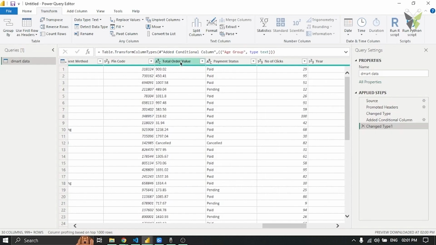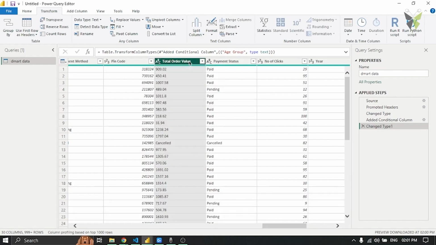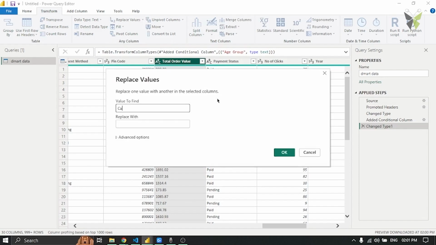We can select this total order value as our next column to data engineer. As you can see, total order value is basically integers, but then this ABC is getting detected as its data type. Why? Can you see this cancelled written? If people are cancelling their order, this integer is getting converted to string. That's why Power BI is detecting it as string. So I'll select this replace values, and in this replace values I'll find this cancelled and I'll replace.